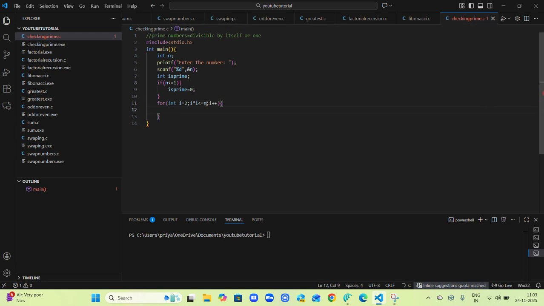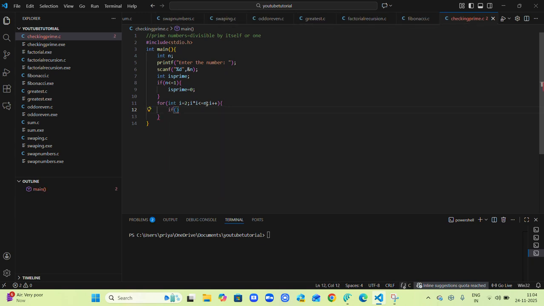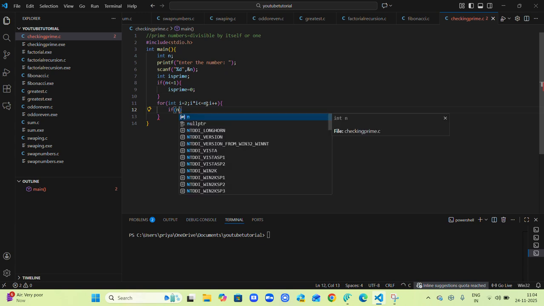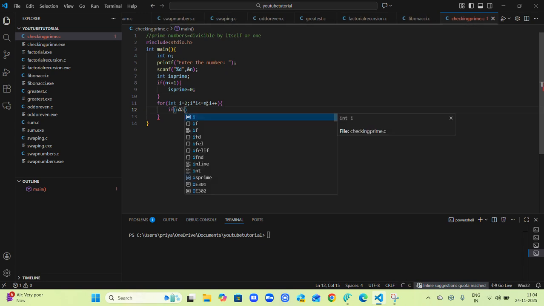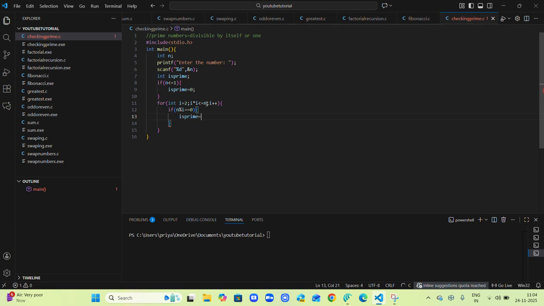And if this condition is satisfied and if n modulo i equals 0, then I'm going to set is_prime equals 0. Then I'm going to apply the if else condition: if is_prime,